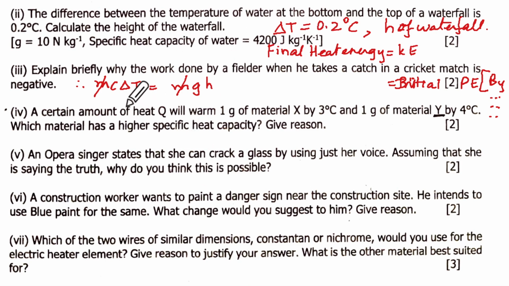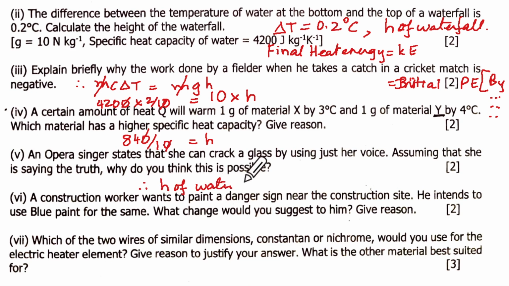And the specific heat capacity of water is 4200 multiplied by delta T, which is 0.2, so 2 upon 10, is equal to g, which is given as 10, and they're asking H, how much. So 0 and 0 got cancelled and I have 840 upon 10 is equal to H. So therefore the height of the waterfall is equal to,